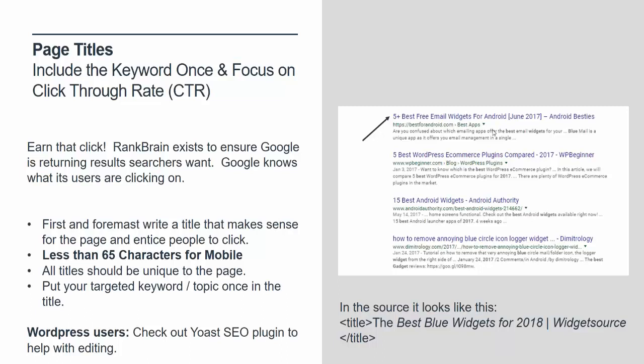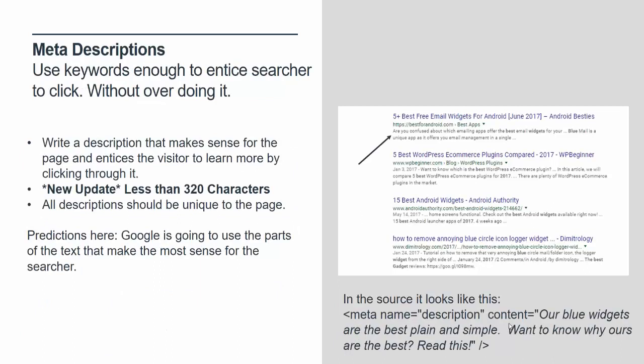I'm going to give you one more tip if you're a WordPress user. Check out the Yoast SEO plugin. It makes editing your titles very simple. And the same rule applies with meta descriptions. So a recent update from Google came out about meta descriptions. So the description that is your Google listing, this black text, can now be up to 320 characters long. So you'll notice some of these are a little bit longer, but the screenshot's still very old.